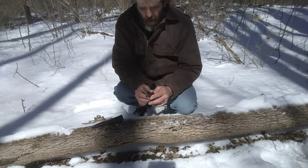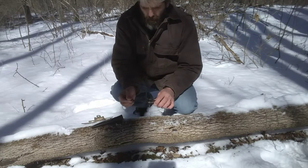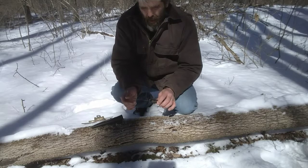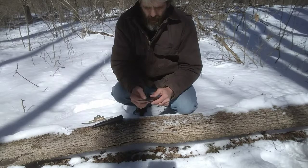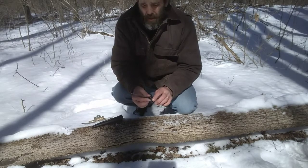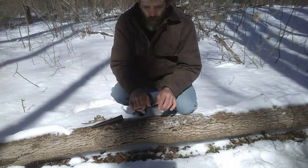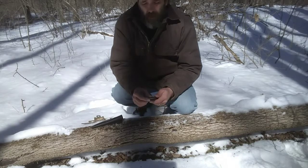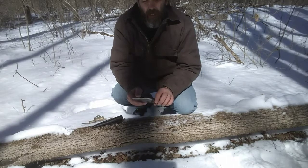Doesn't matter. It is 1075, not 1095 carbon steel. And from what I've read online, 1075 is a little softer than the 1095. The 1095 has a better edge retention. It's a little harder. It's easier to sharpen. It's not as susceptible to chipping of the blade. It does not have the edge retention that 1095 has, but